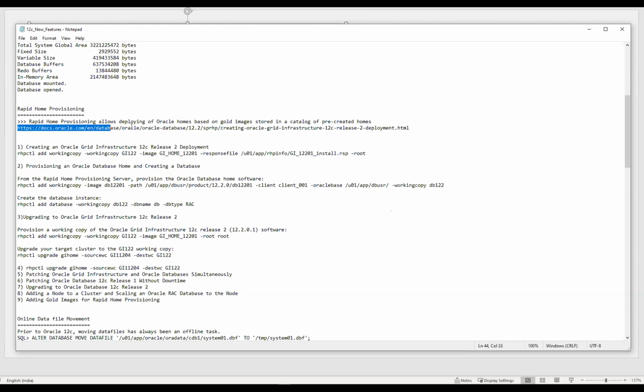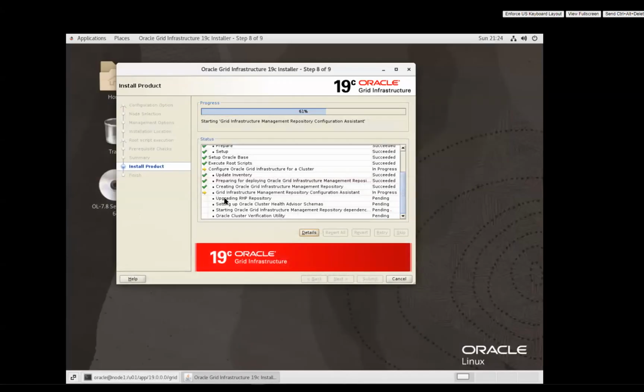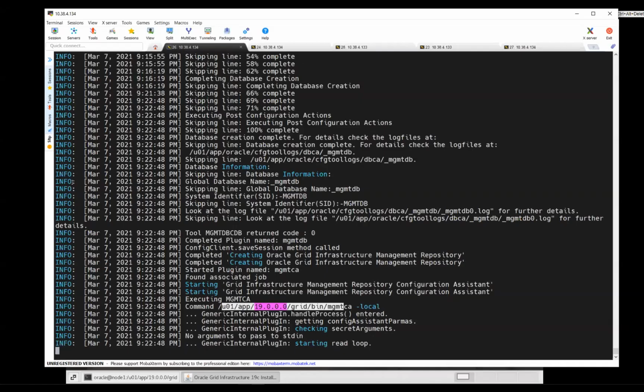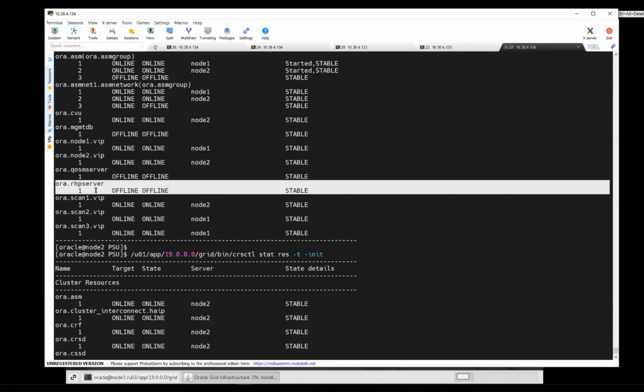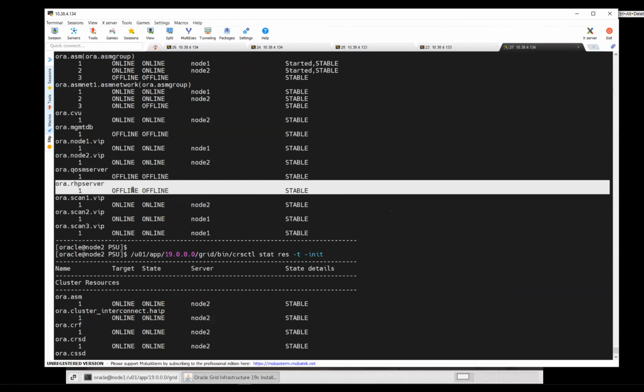This is a detailed Oracle Moss note. I'm going to cover one step when I take this new feature. So it will start with an RHP repository. So RHP server, when you see here, right now it is offline. It will upgrade it to 19C. Definitely that is going to be one of the future focuses for most of the industries, making use of the RHP server and provisioning the rapid homes. So I will take one more session on that.